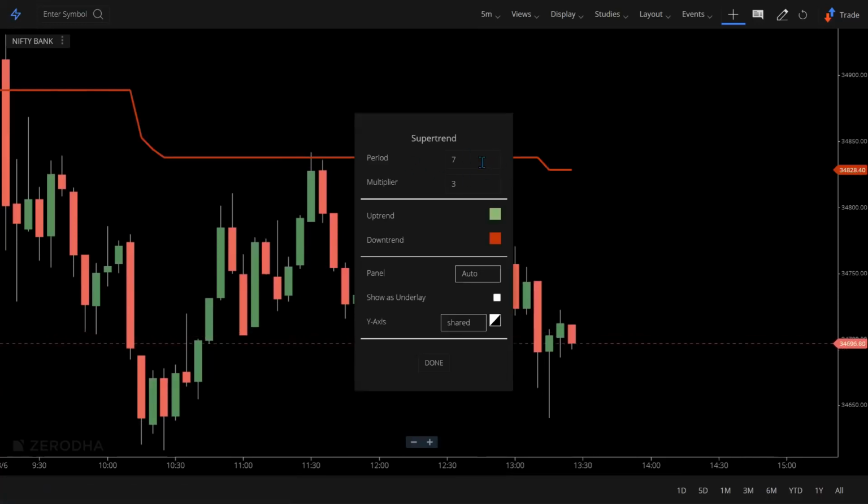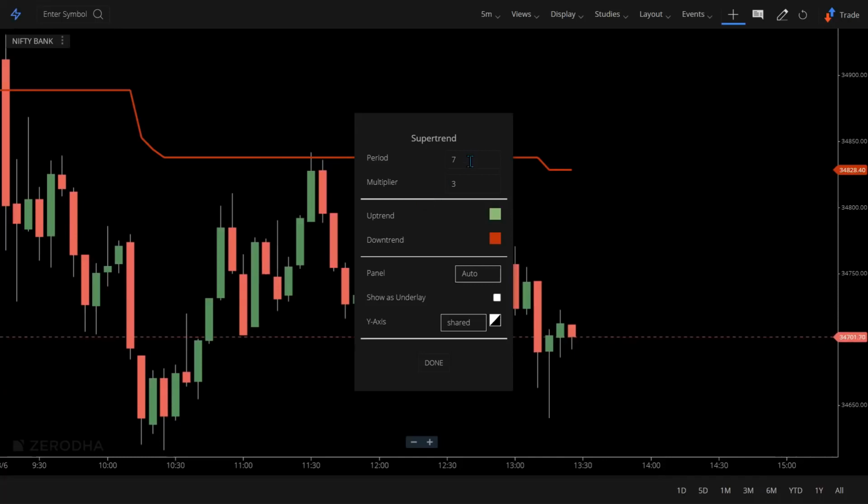One is a period, which is 7 period. That means it will check the last 7 periods and accordingly it will take the call. And it also has a multiplier. Multiplier is nothing but the average range or the duration of price change that it is picking, and it will multiply it by a factor of 3. So you may not be interested in knowing much on the technical detail, but let me show you how to